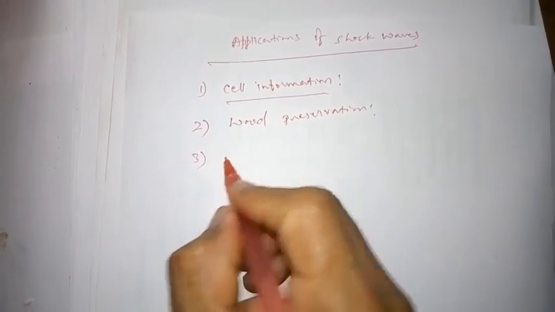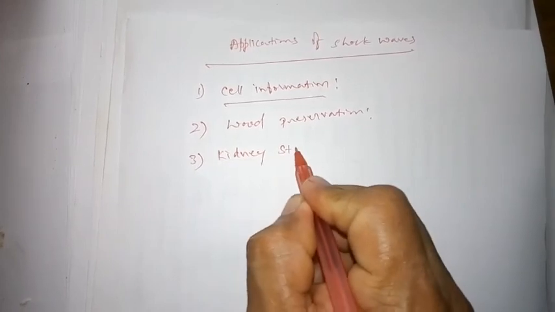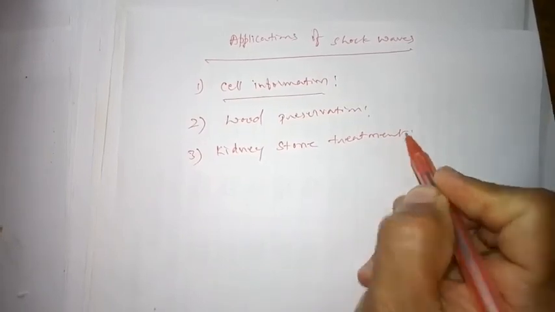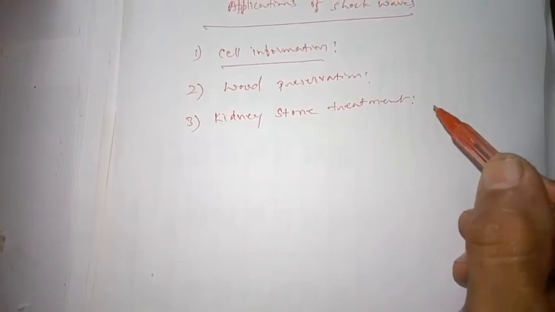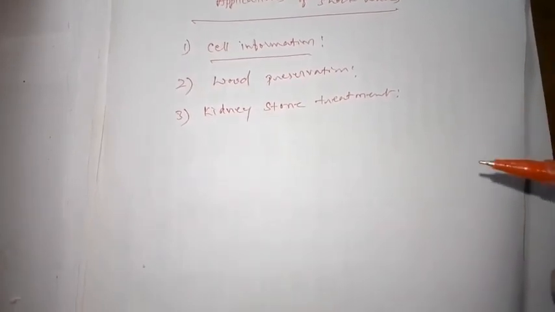Then of course kidney stone removal, stone treatment. Of course, nowadays for kidney stone treatment, laser is used. A shock wave is used to shatter the kidney stone into smaller fragments, after which they pass out of the body smoothly through the urinary tract. So there is no surgery, you are just passing a shock wave that shatters the kidney stone into smaller pieces. If you are using laser, a small hole has to be made to pass the laser, but here that is also not required.